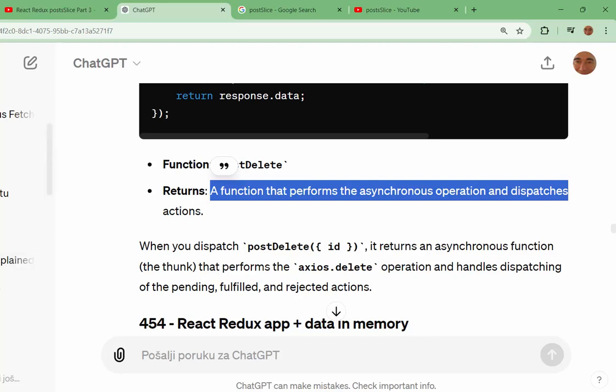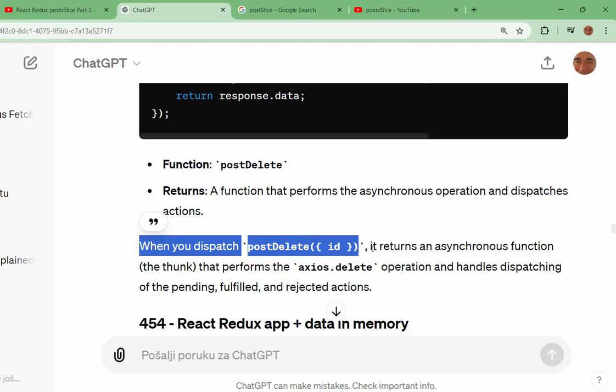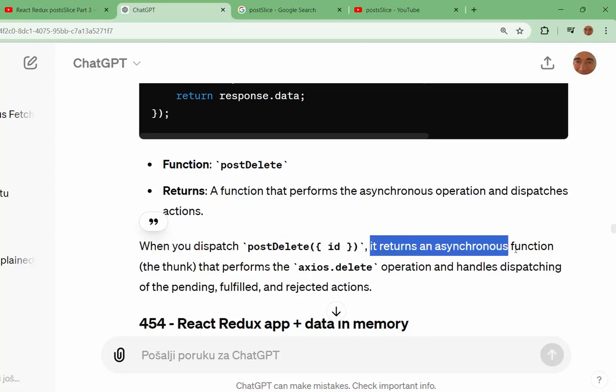Again, catastrophe. When you dispatch post delete, it returns an asynchronous function, the thunk, that performs the Axios delete operation and handles dispatching of the pending, fulfilled, and rejected actions. Look at this.